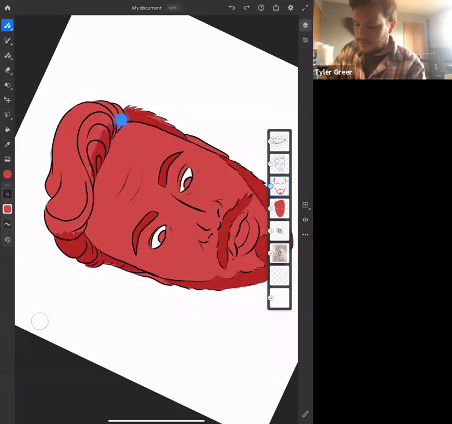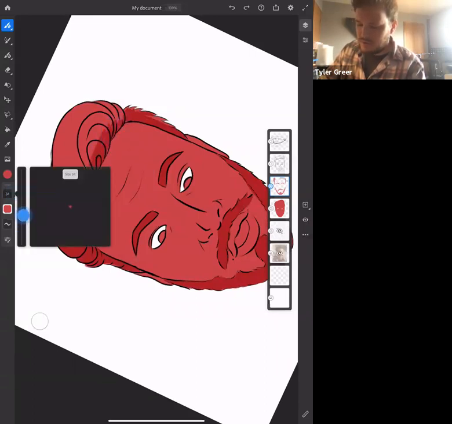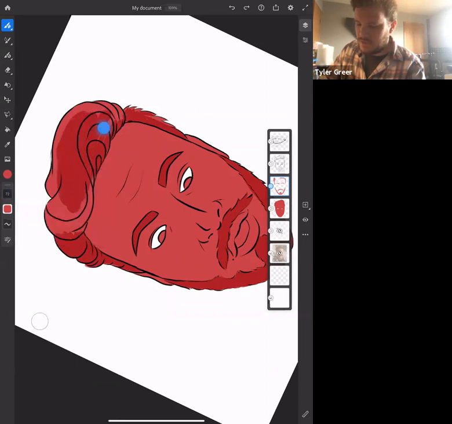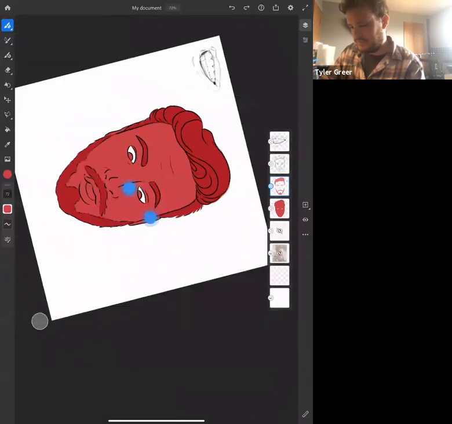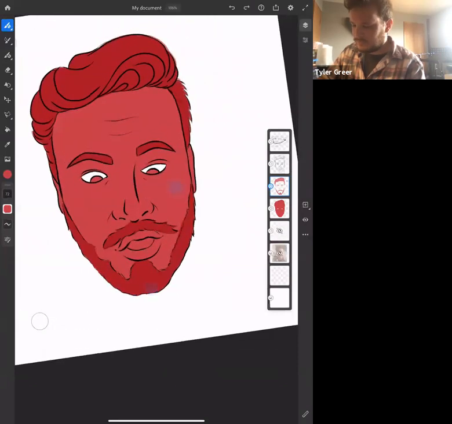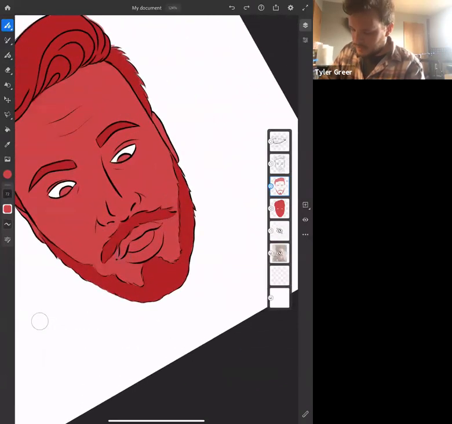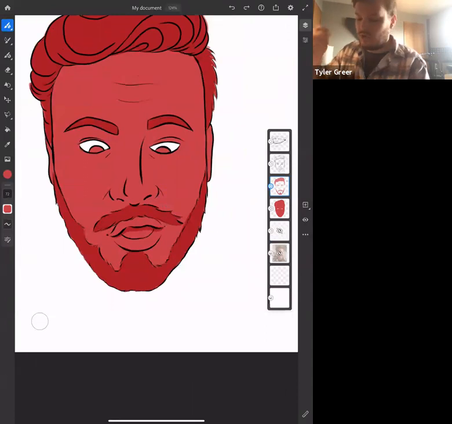I'm going to adjust my brush size up here just so I can fill this faster. Excellent. Cool. I'm actually going to start my mouth. So also with this multiply layer, what we can do is we can start to suggest certain